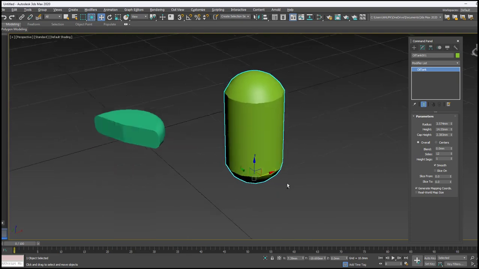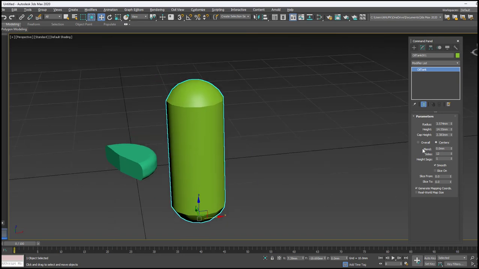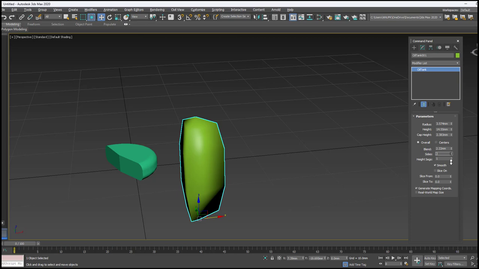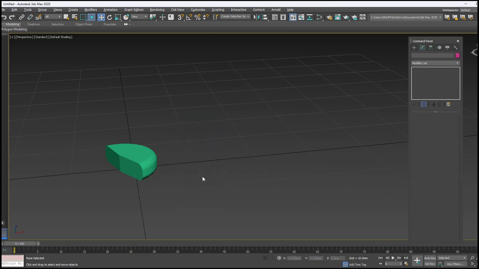In a sofa you can do the side support like this. Overall or center, height you can decide like this. Blend, you can blend that and convert it into different shapes like this. Sides, slice on like this.